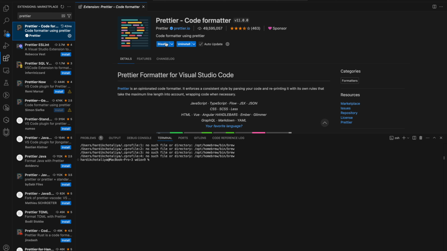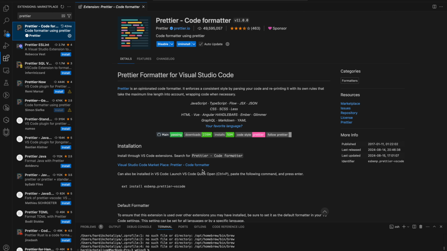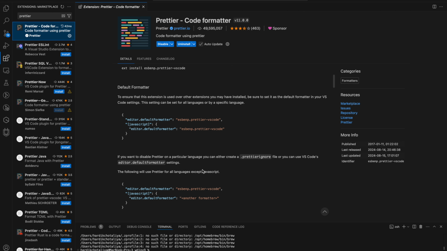Just install this extension, and this Prettier extension will automatically format your code without needing any manual typing of tabs and setup. It will help you visually make your code more readable, right? And it will format in that way.